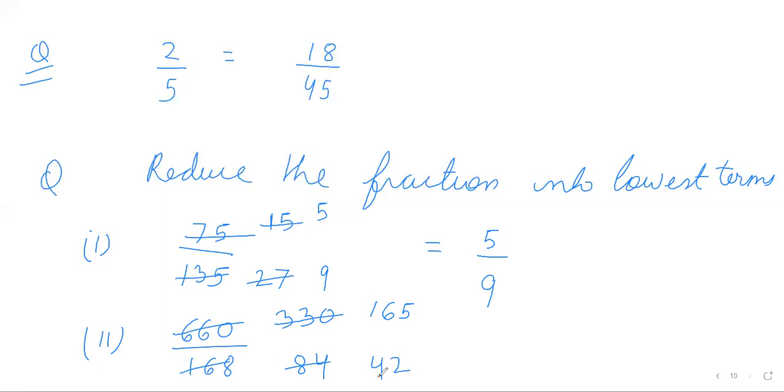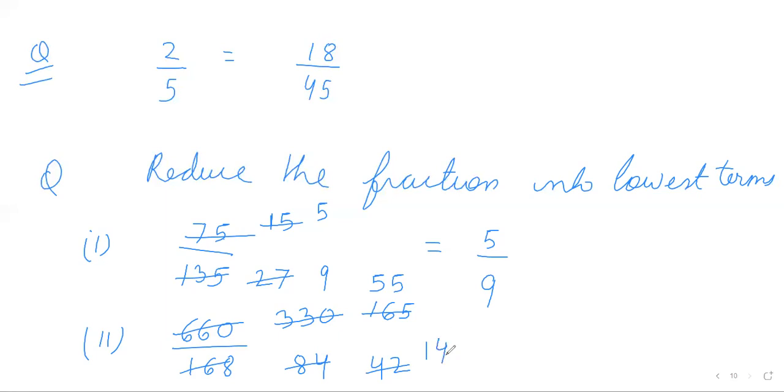So I can check 42 is divisible by 3, 4 plus 2 is 6. If you check the numerator, 6 plus 1 is 7, 7 plus 5 is 12. It is divisible by 3. So let's cut it by 3. 3 fives are 15, 1 remains. If I cut it by 3, 3 ones are 3, 1 remains, 3 fours are 12.